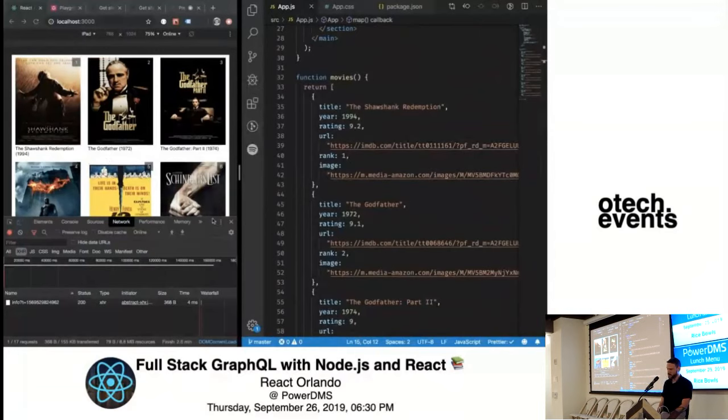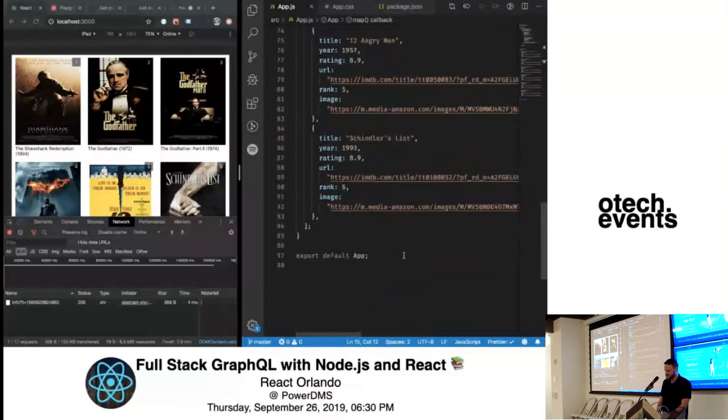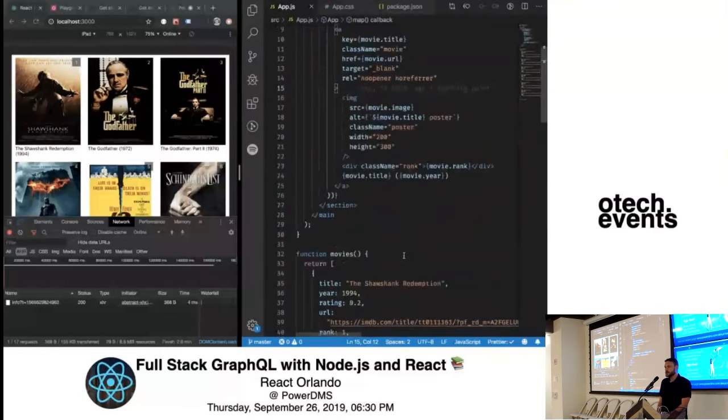So that's it. No network requests, no API happening here. There are network requests for the images and the JS, but there's no API here, just a hard-coded list of movies. The first thing we want to do is create a GraphQL server to serve up a longer list of movies, and then change the client so that it is querying the server instead of using this hard-coded list.